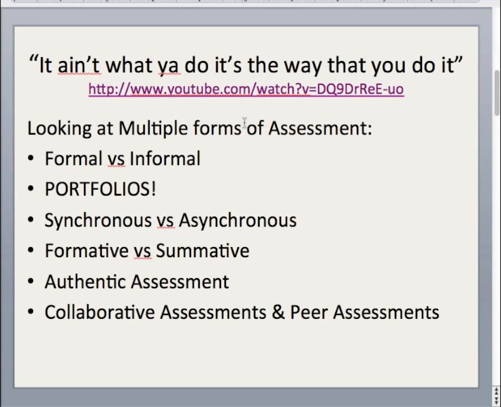Bananarama: it ain't what you do, it's the way that you do it. I mean that very seriously when we're looking at multiple forms of assessment. Formal versus informal, portfolios, synchronous versus async, formative versus summative, authentic, and collaborative assessments and peer assessments. Now, again, you do need to go through all these resources, but I want to give you some real context